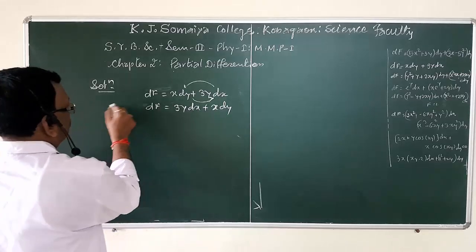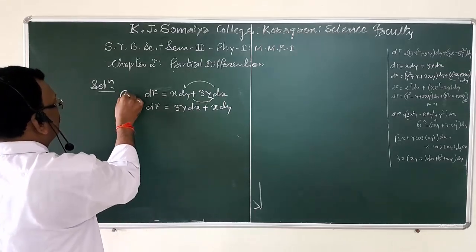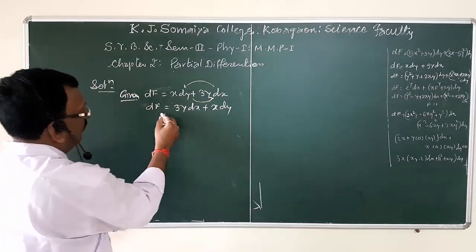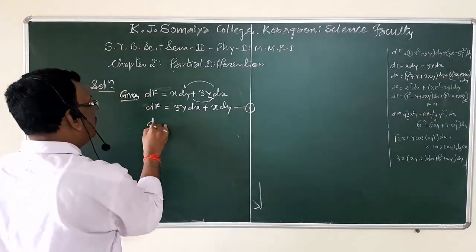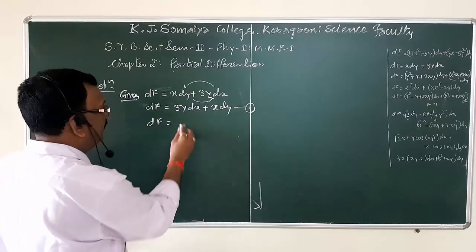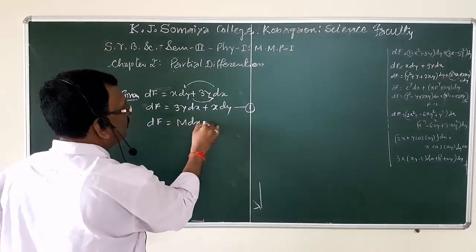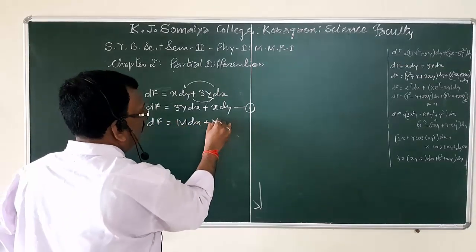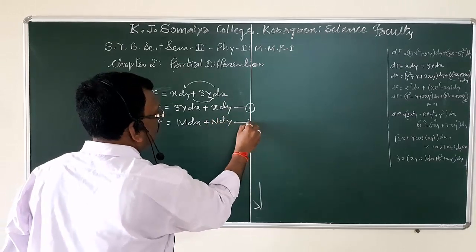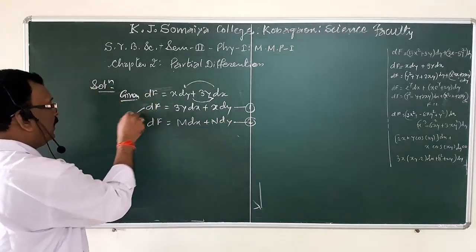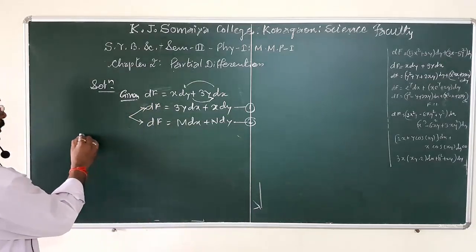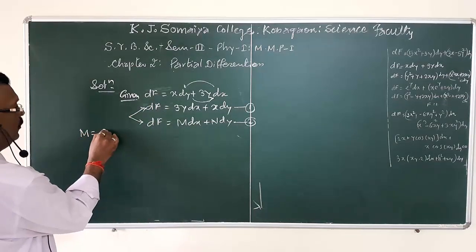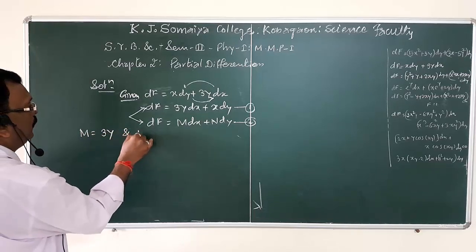Okay. This is the given differential equation, and we just make a little bit of arrangement. Suppose this is equation 2. Compare this equation with the standard format of exact differential, that is m dx plus n dy. Again, comparison between these two equations gives us the value of m is equal to 3y and the value of n is